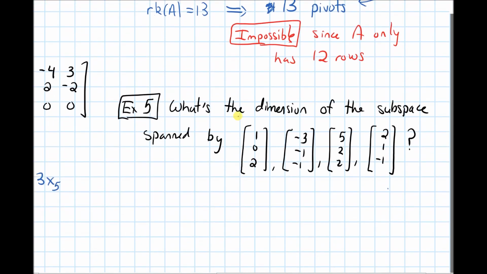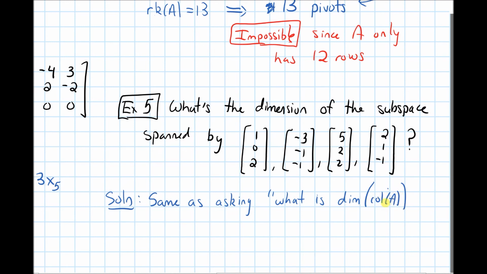In this question, I want to know what the dimension of the subspace that's spanned by these 4 vectors is. So I'm talking about the span of these 4 vectors. The question that this is asking is the same as wording this in the following way. This is the same as asking, what is the dimension of the column space,